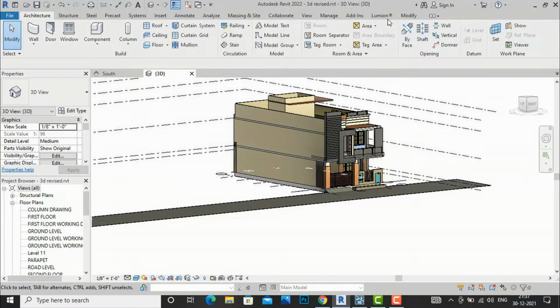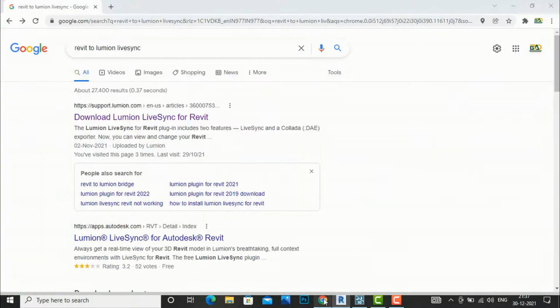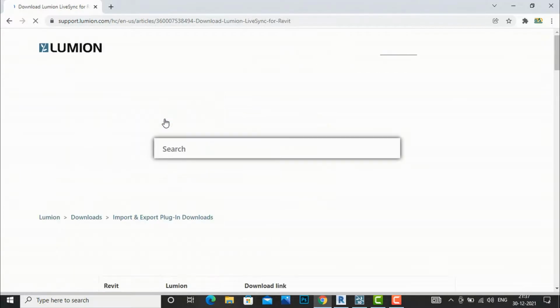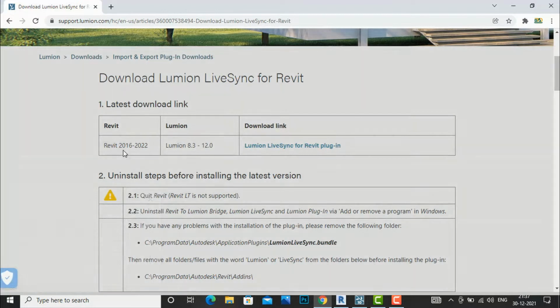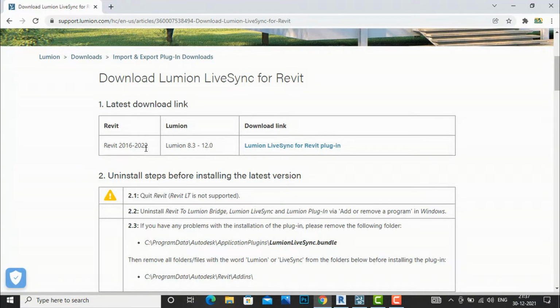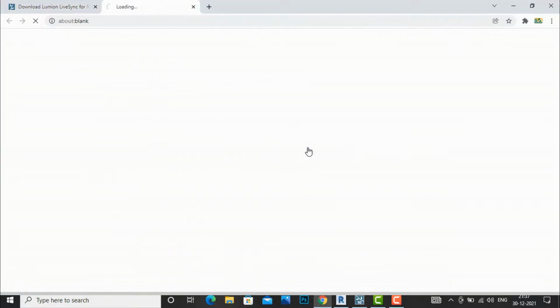First you have to install a plugin for Lumion, which I have already installed here in the ribbon panel. So you have to go to Google and search Revit to Lumion Live Sync, and you can download it from the Lumion website. Download Lumion Live Sync for Revit. You will click here and then you can download whichever version you are using. Suppose for Revit 2016 to 2022 you can use Lumion 8.3 to 12, and here is the download link for the Lumion Live Sync for Revit plugin. We'll just click here